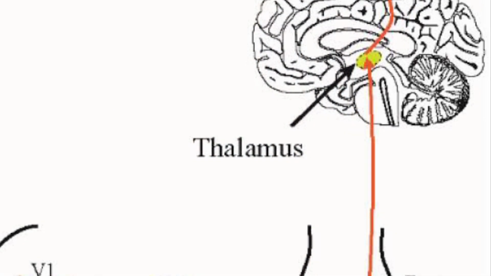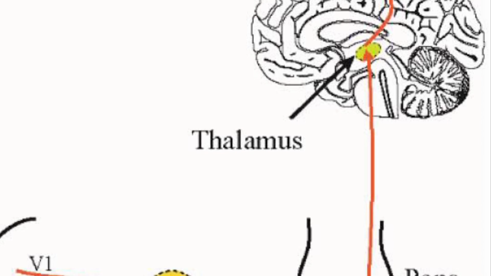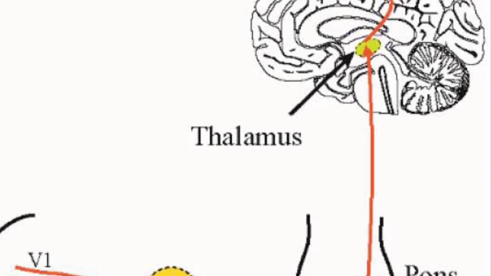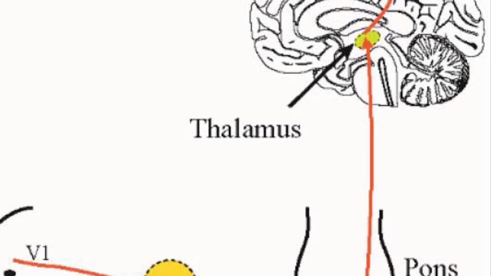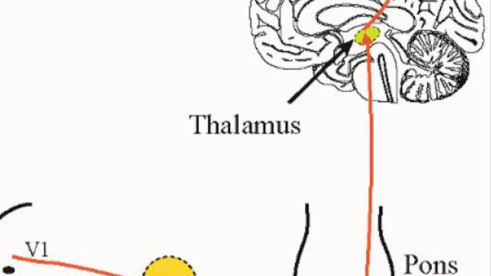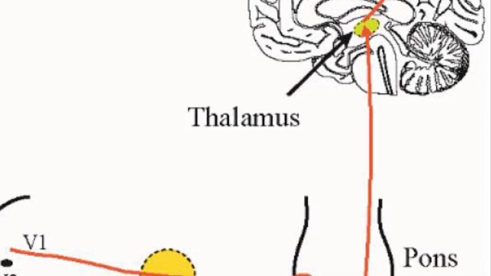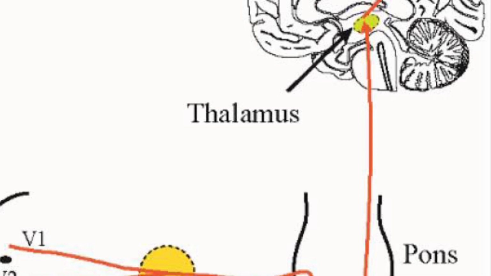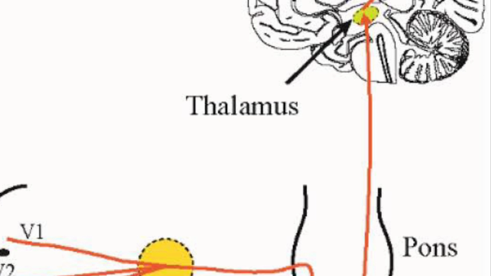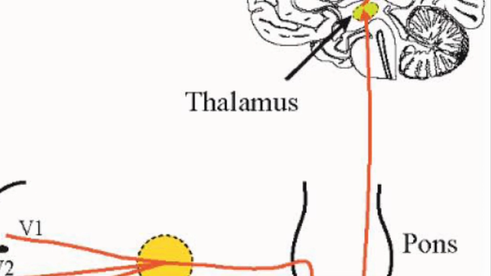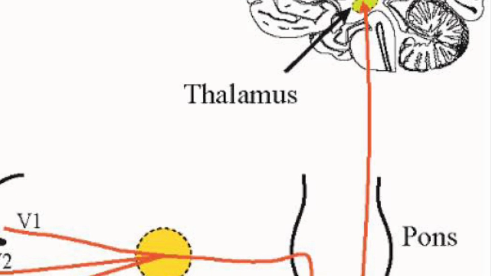So, the nuclei of the fifth nerve are four in number: the mesencephalic nucleus, the principal sensory nucleus, and the spinal nucleus are sensory nuclei, and the fourth is the motor nucleus of the fifth nerve. So these four nuclei carry the function of the fifth nerve, such as pain, temperature and sense of the face, which are mainly supplied from